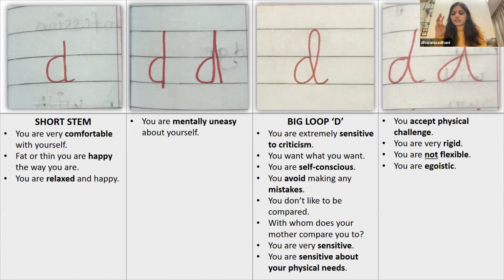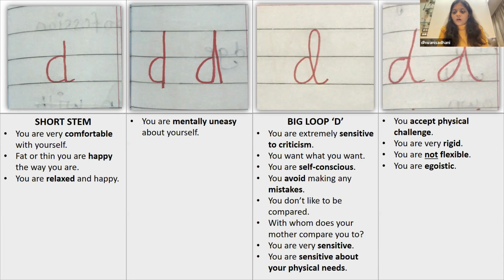Okay, then we're gonna do the third D, which is a big loop D. Now can you see that there's a big loop in the stem? It's not just a line, there's a big loop. So it means that these people are extremely sensitive to criticism. So you cannot criticize these people very easily. Now imagine, we've learned so many good things and bad things through graphology, right? We've learned about a person's good and bad qualities. So if you will be analyzing a friend's example and this person has a big loop D, do you think you can criticize them? You cannot criticize these people because they're not welcoming to criticism.